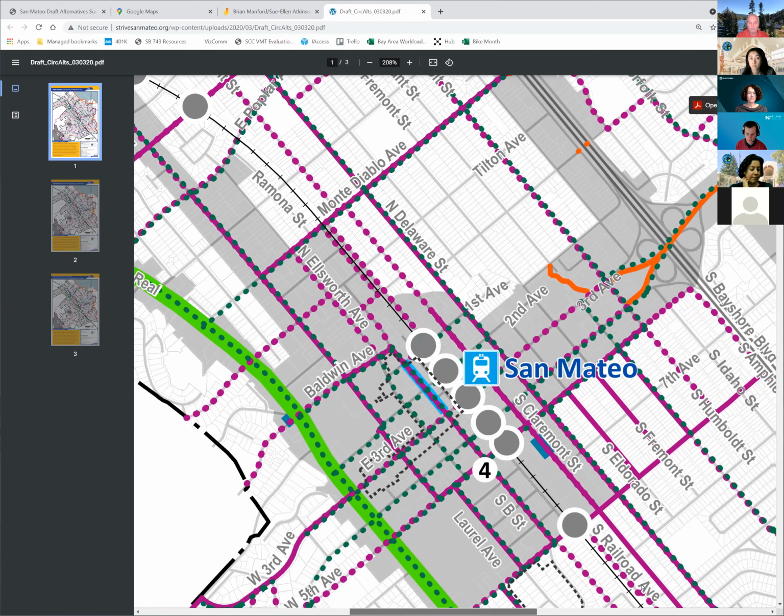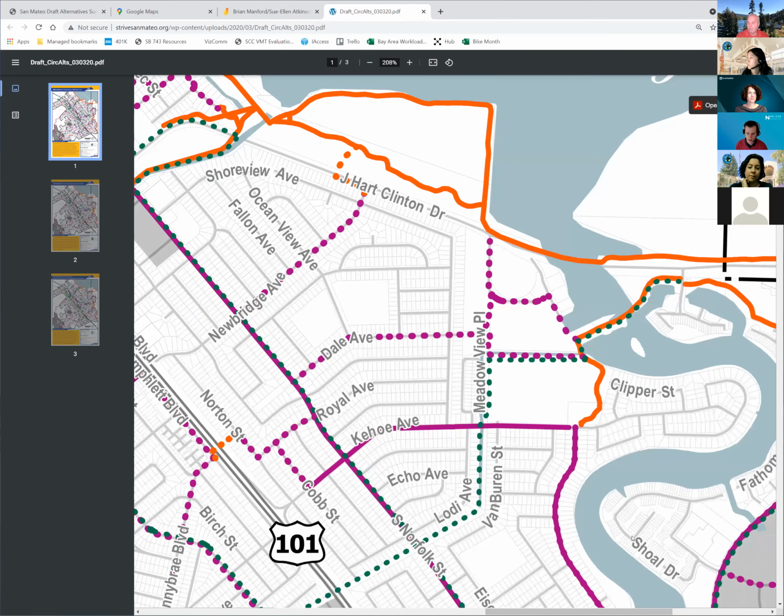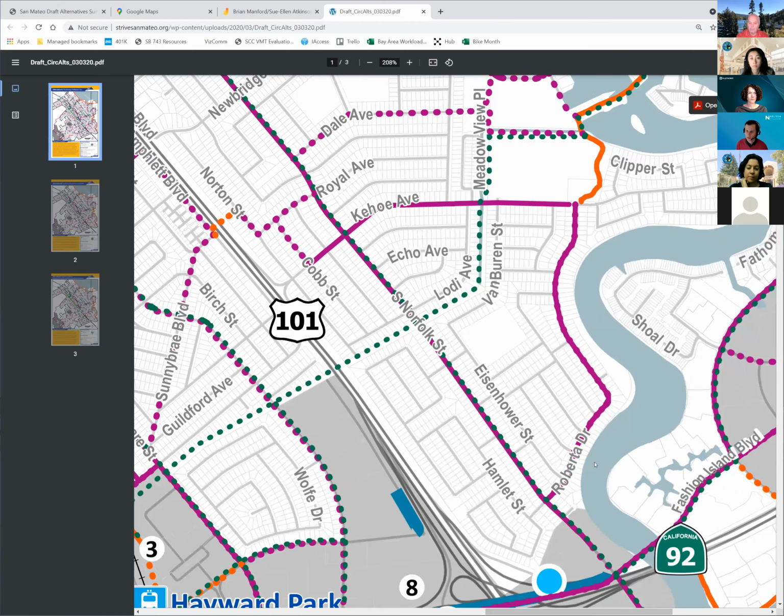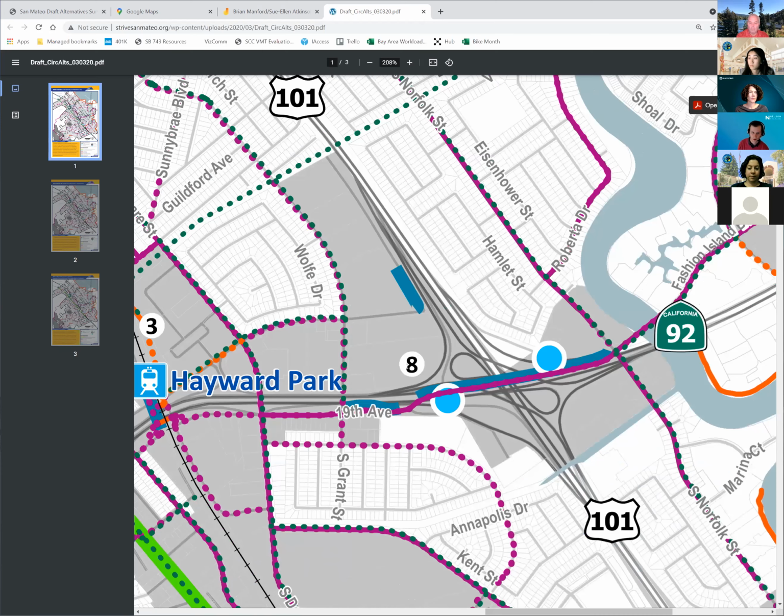Other changes in alternative A, because there's envisioned growth in the study areas, involve looking at how to make them safer and more connected. So we have enhanced and filled-in sidewalk gaps, improving the bike lane through the interchange.